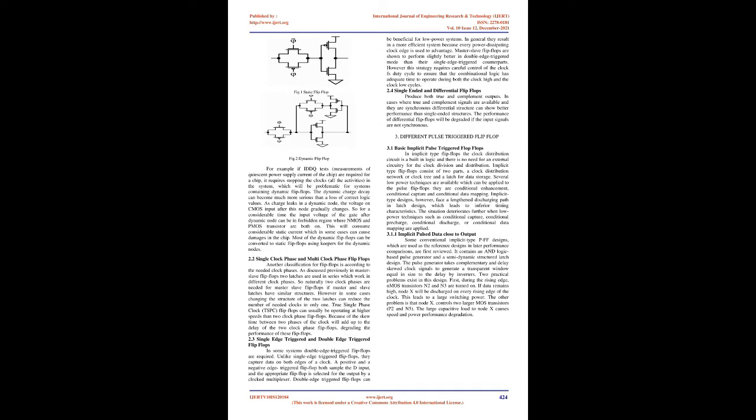2.2 Single clock phase and multi-clock phase flip-flops. Another classification for flip-flops is according to the needed clock phases. As discussed previously, in master-slave flip-flops, 2 latches are used in series which work in different clock phases. So naturally, 2 clock phases are needed for master-slave flip-flops if the master and slave latches have similar structures. However, in some cases, changing the structure of the 2 latches can reduce the number of needed clocks to only 1. True single-phase clock, TSPC, flip-flops can usually operate at higher speeds than 2 clock phase flip-flops,